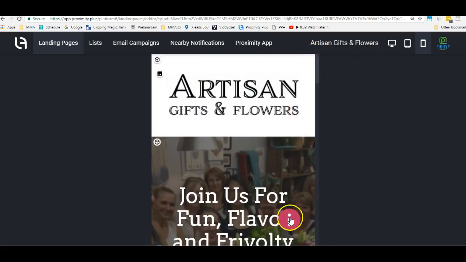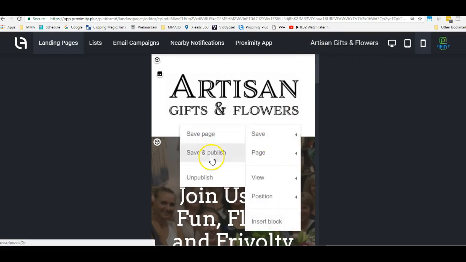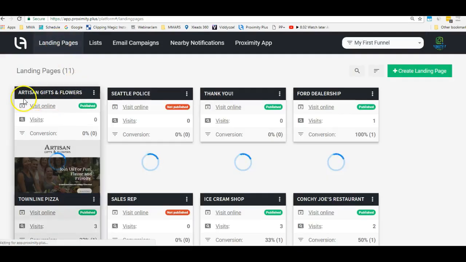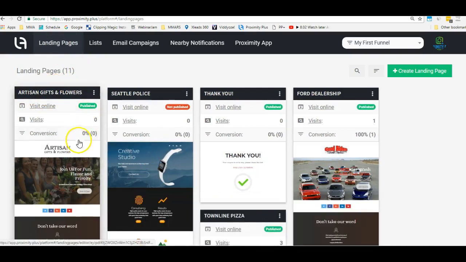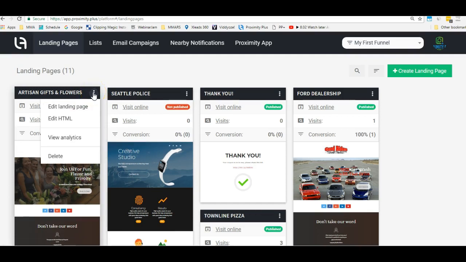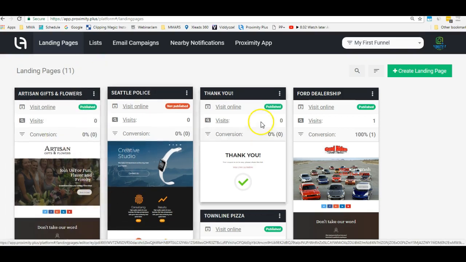So let's go ahead and save this. We click this button here. We go up to save and we'll click on Save and Publish. Now, when we come back to our list here, here is the ad, the landing page. As you can see, it's published. And we can actually, let's see here, edit landing page, edit HTML, view analytics, delete. Well, we don't want to delete it. What we want to do